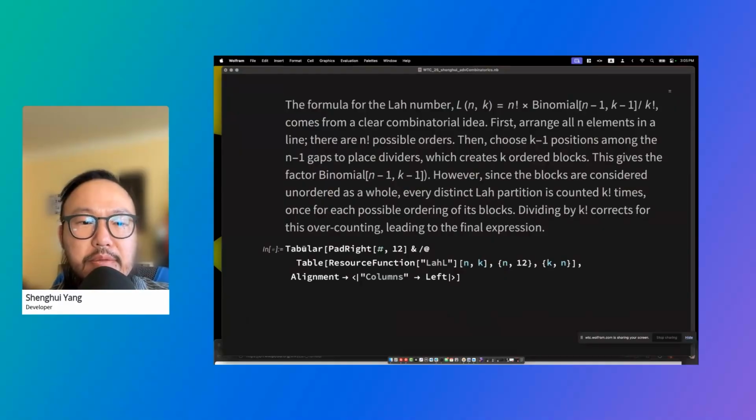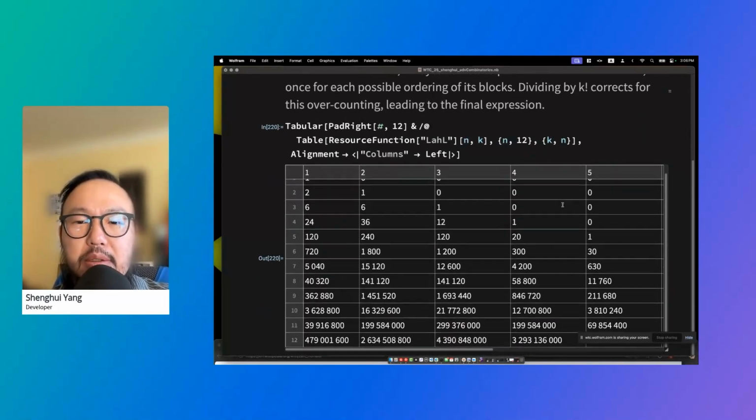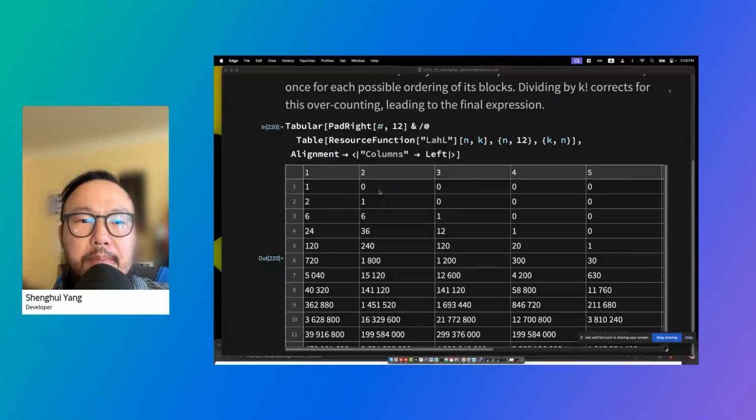This is a function that I think is extremely useful to create such a two-dimensional Lah plot, a Lah number grid. You can just create it using Tabular. One thing that is extremely useful about Tabular is that the format and color of the elements automatically switch between the dark mode and the light mode of the notebook. You don't have to worry about the background, and it automatically handles the colors very well, and the numbers are formatted nicely. The only thing you want to be careful about is that